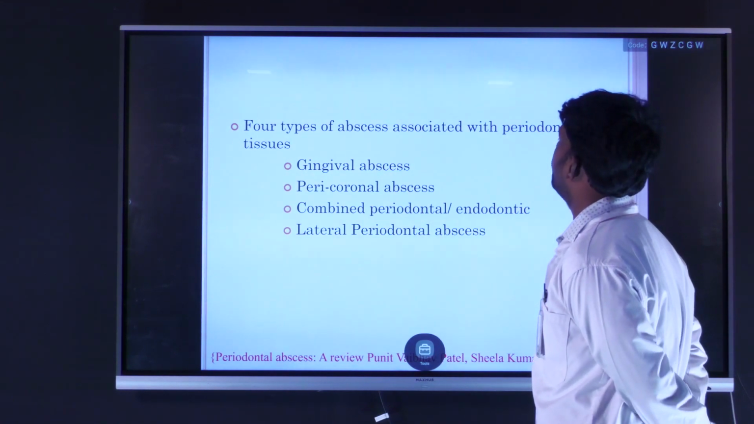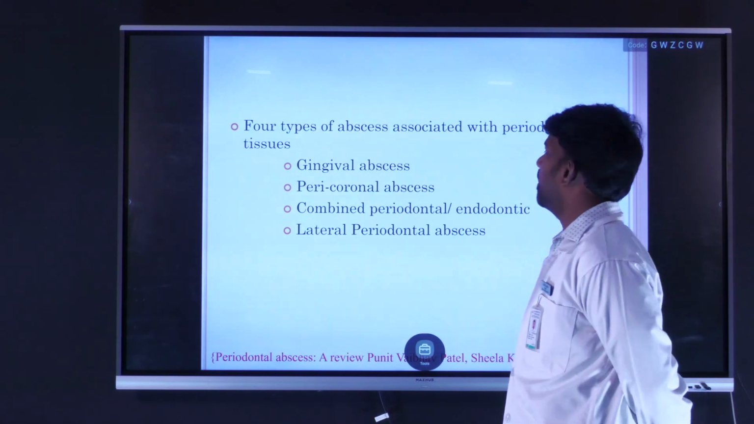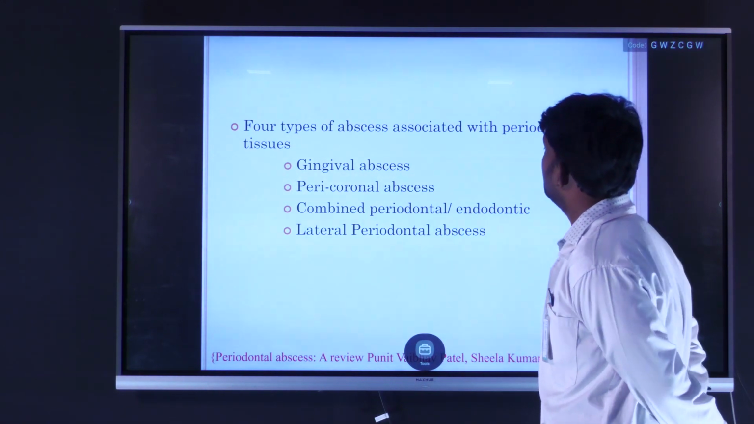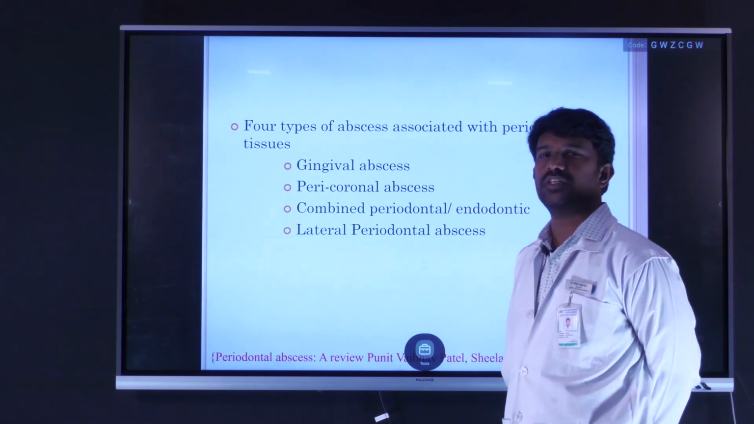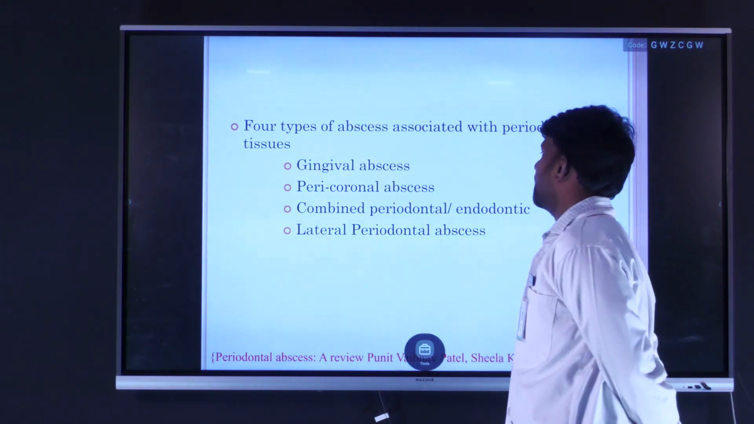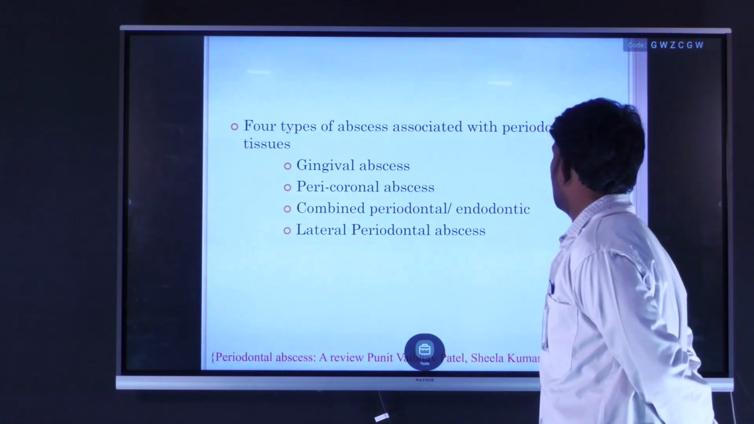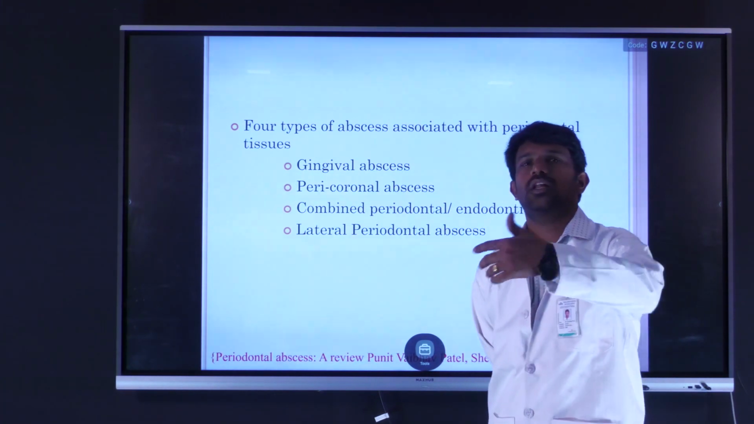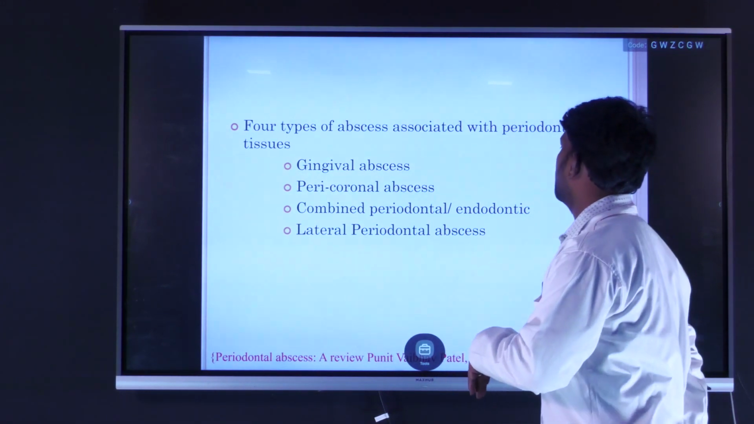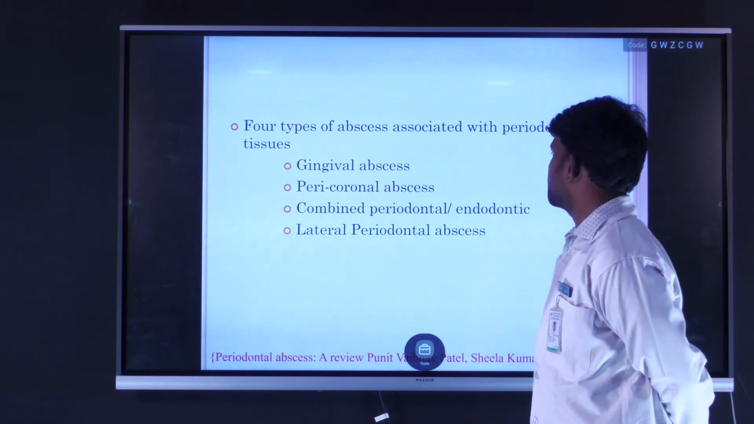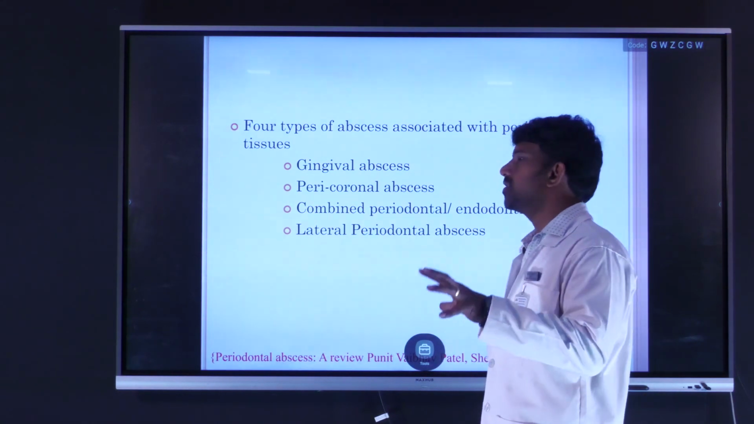Coming to the types of abscess: the first is gingival abscess, second is periodontal abscess, third is periapical abscess, then pericoronal abscess, combined periodontal and endodontic, and lateral periodontal abscess. Gingival abscess is present only on the gingiva, and pericoronal abscess surrounds the 8 region. Combined abscess is endodontically compromised tissue with a periapical lesion along with the periodontal abscess. Lateral periodontal abscess is confined only to the periodontium, like the cementum or the periodontal